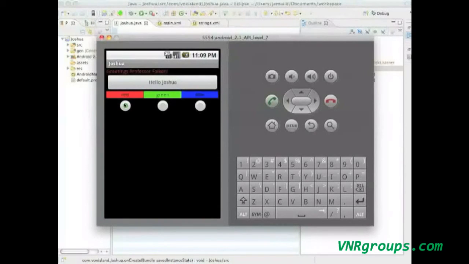So that's it for this chapter. As you can see, there is a lot of mechanical stuff when programming Android applications. So a very good exercise for you would be to get familiar